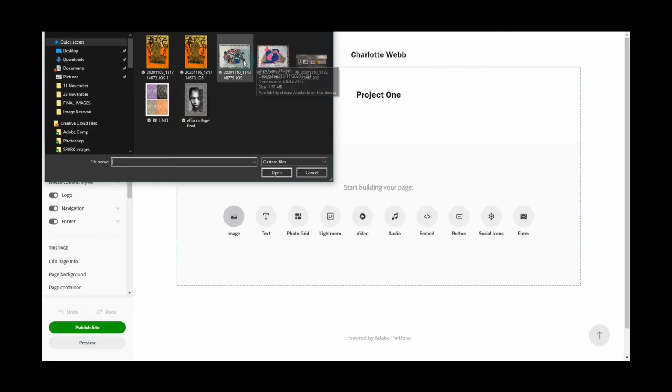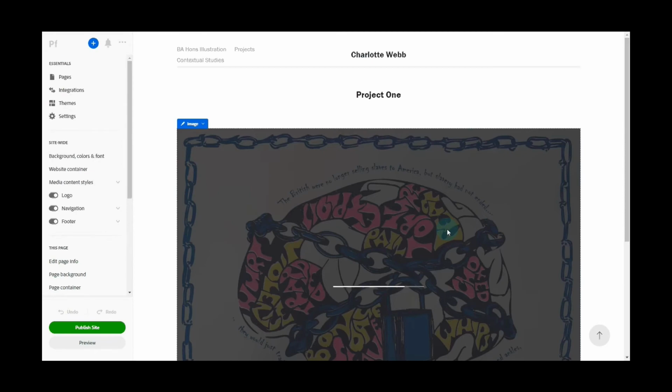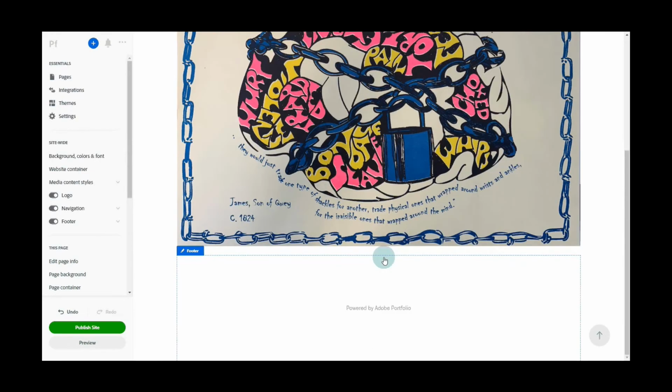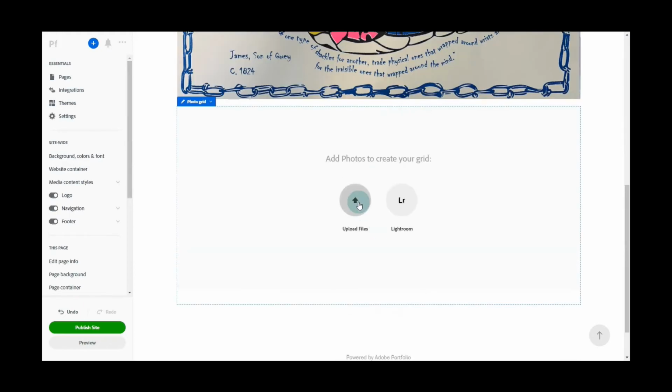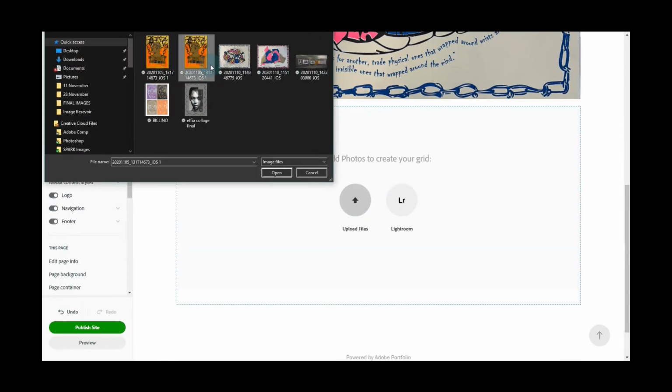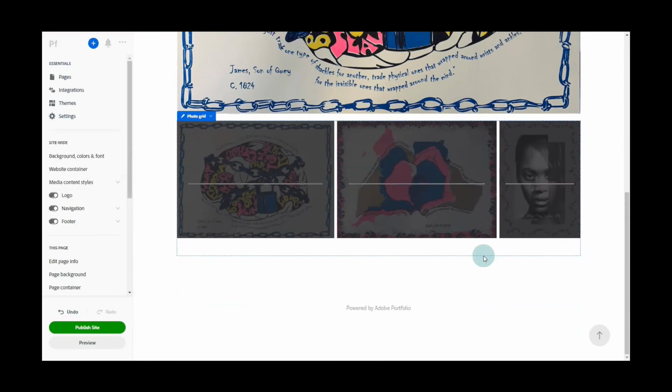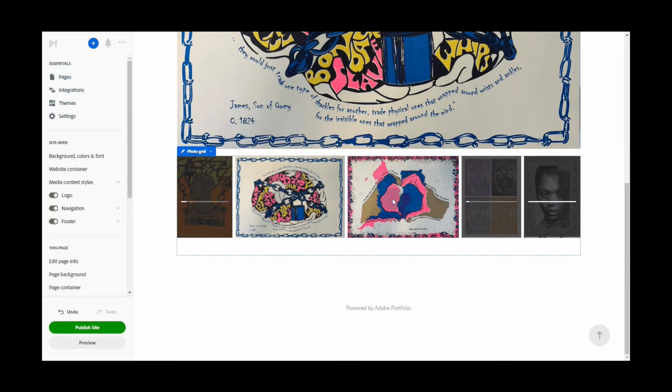So if I was to upload just my poster on its own, it's quite a large image, whereas if you upload a photo grid, and you choose a number of files, so let's just say I want to upload them all, it will sort of, I don't want to use the word shrink, it will lay them out so that you can fit them all in a smaller space, and that's really good for